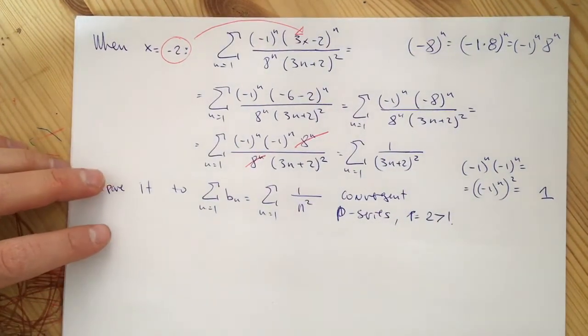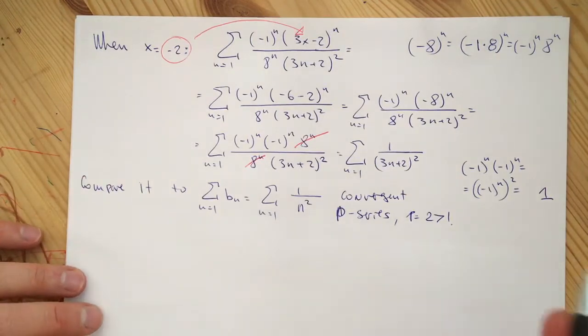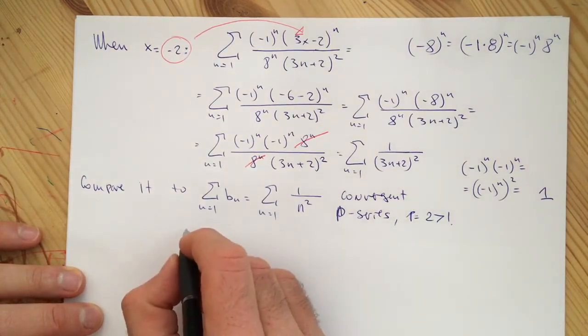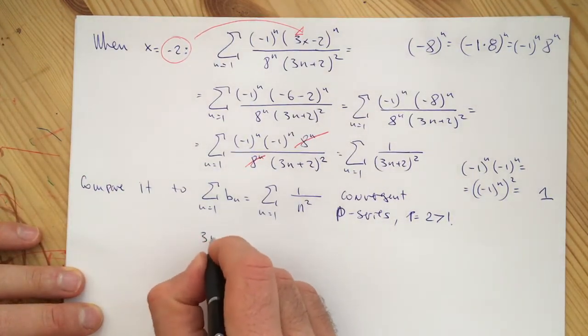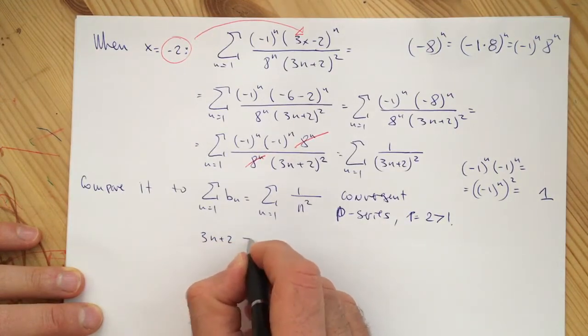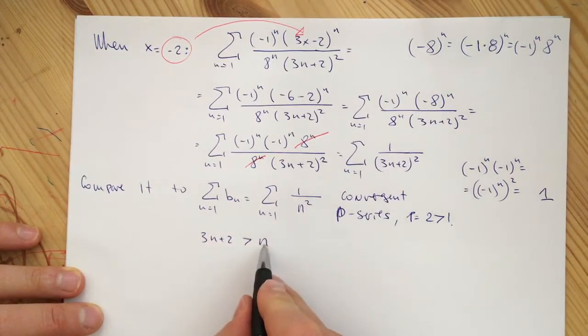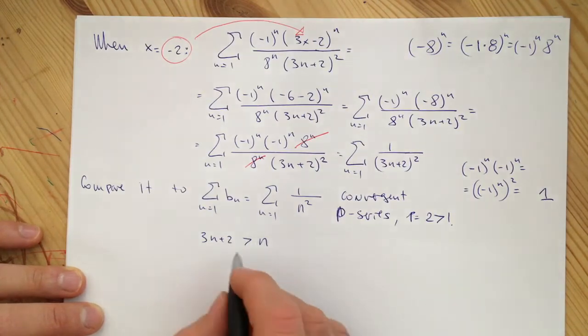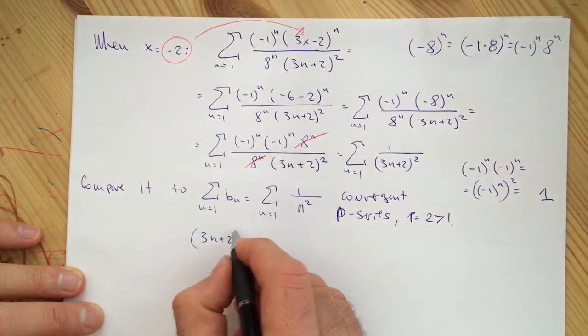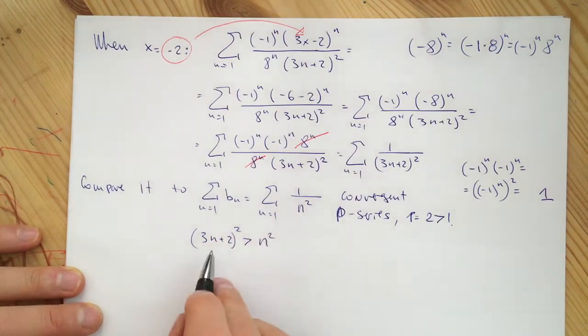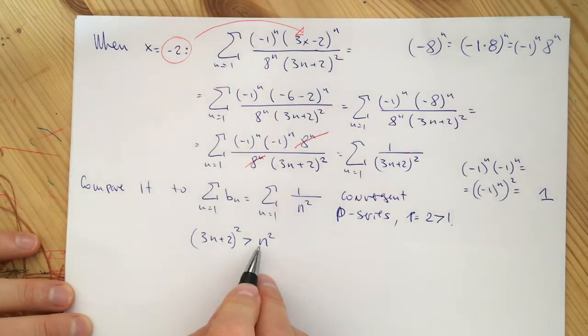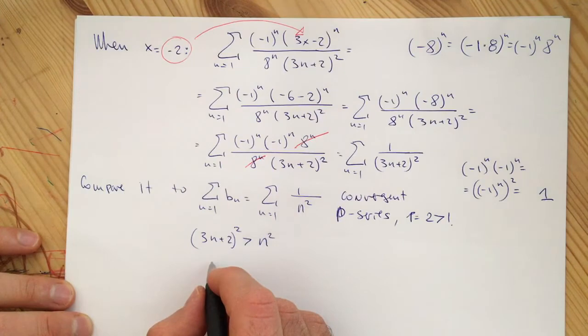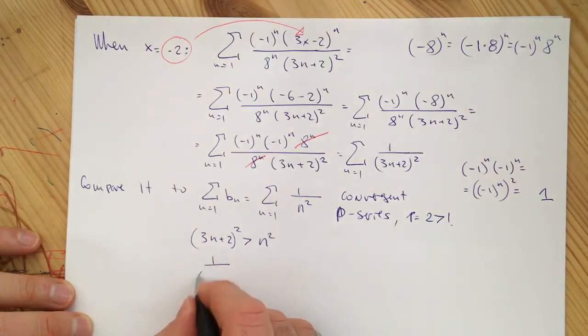Okay, and now either the limit comparison test or simply the comparison test. 3n plus 2 is greater than n, obviously, and n is a positive integer, so 3n is greater than n, and on top of that plus 2. That means that if I square these, this square is going to be greater than this square. Taking the reciprocal,